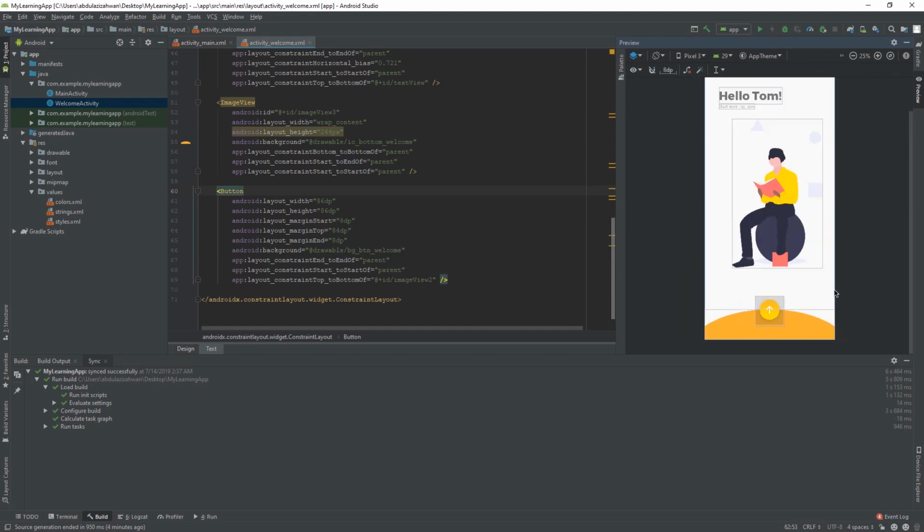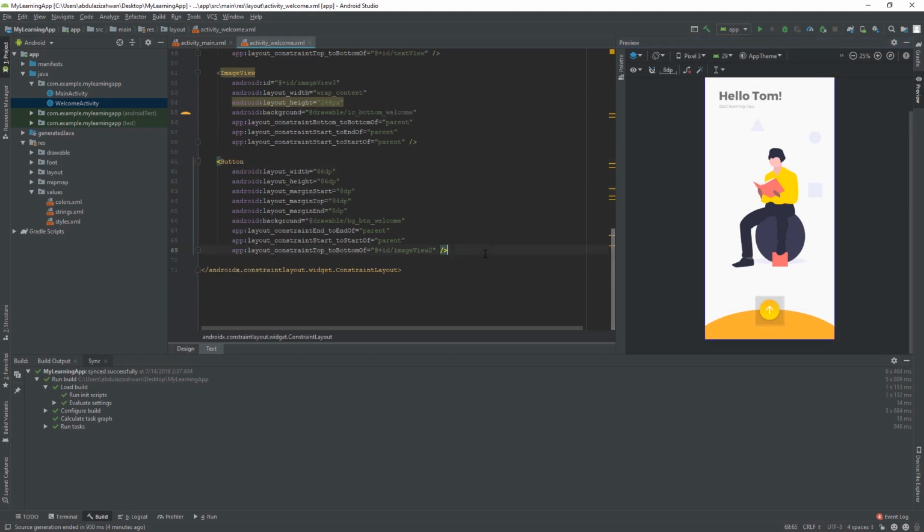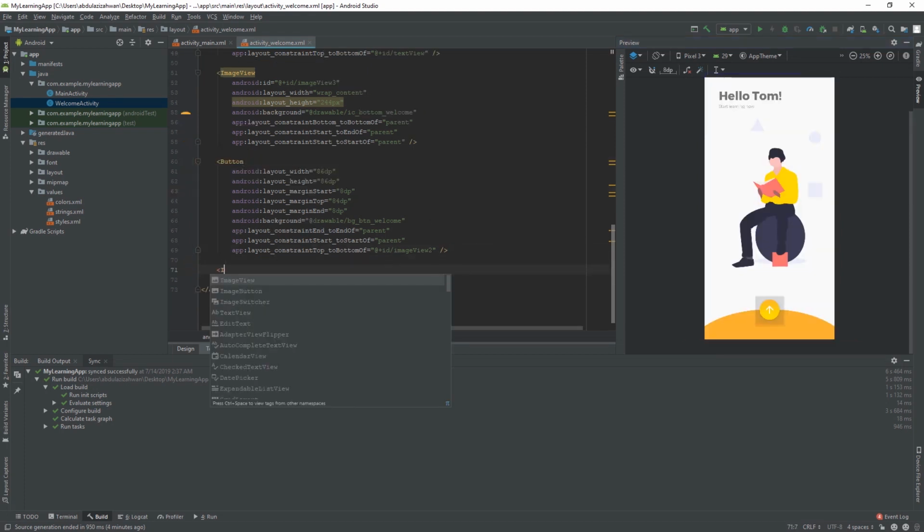Okay, awesome. And for the last, we need to add text view,